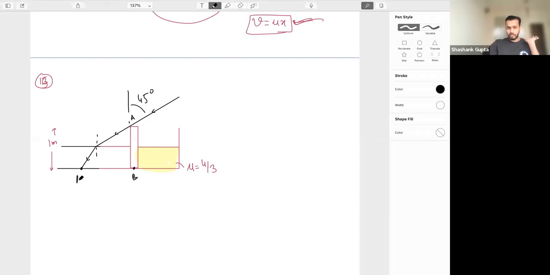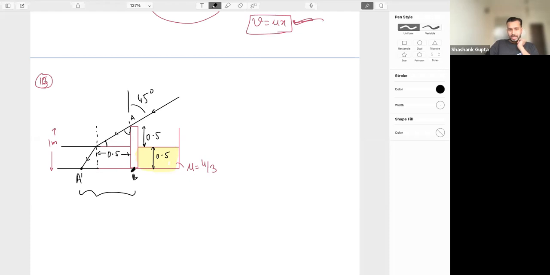So can I say the shadow of A will be here, which is A dash. So this is the image length. I'll have to find out this length basically, and this was given as 0.5. Now this is a problem of math. This is given as 1 meter, this is 0.5, so this is also 0.5. Can I say this angle is 45, so this angle is also 45, this is 90, so this is also 45. So at least this length is 0.25. My one job is done.